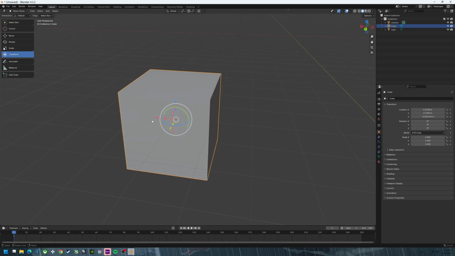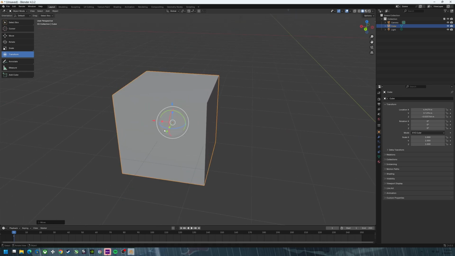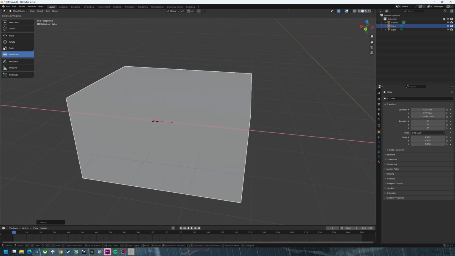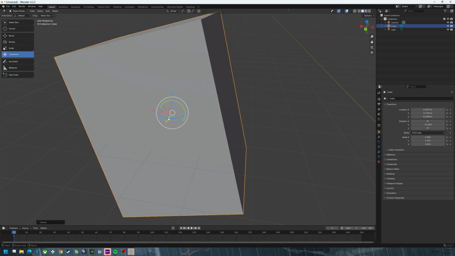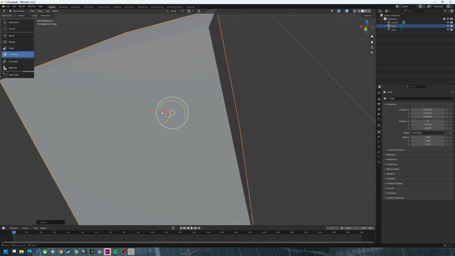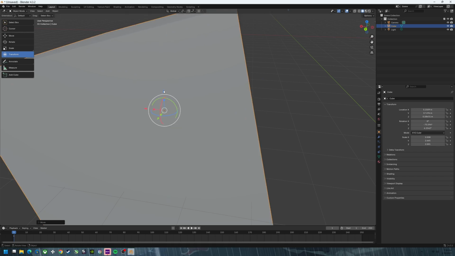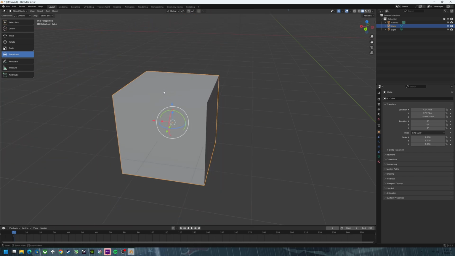Transform is just for everything. We don't have a shortcut for transform, not that I know of, because it's literally for everything. It does make your life a little bit easier, but I've never actually used it. I heard it's really, really good, but